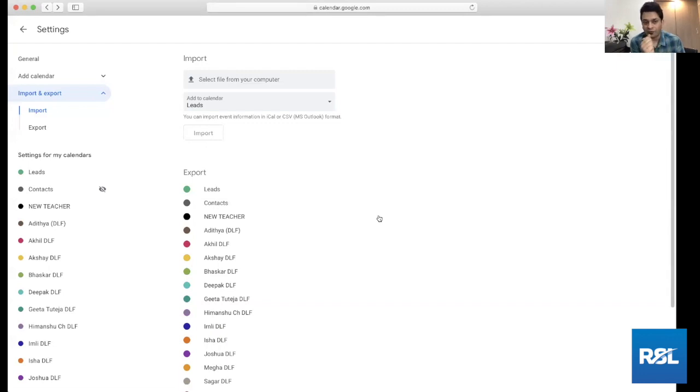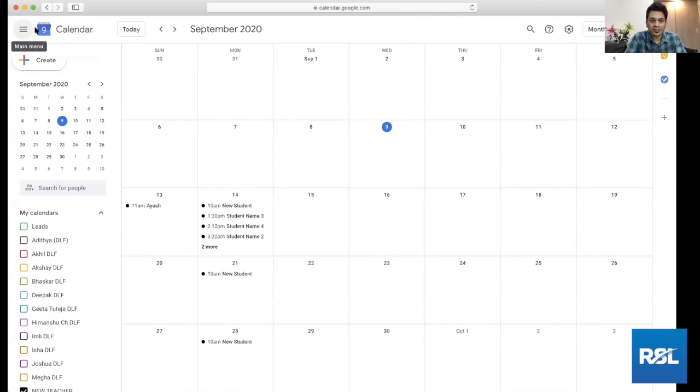You have to be very careful that the format of the CSV file is exactly as per the format that I've given you. If instead of subject you type student, it is not going to take it. The events will not be created. If the date is in a wrong format, the events will definitely be created, but they will show a month instead of dates and all of those things. That can cause a bit of a problem. So I go back to this and you can see that all these events are showing here.